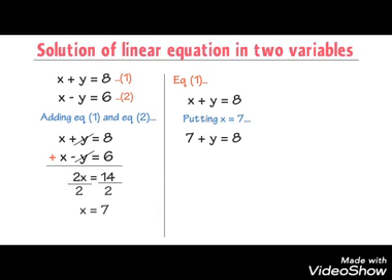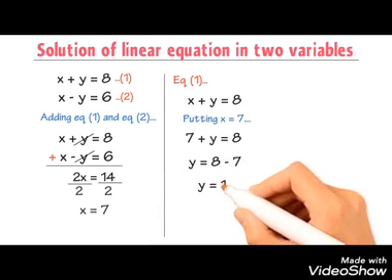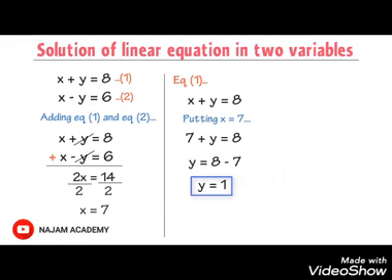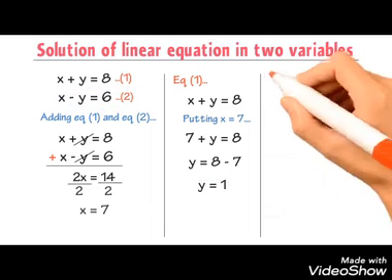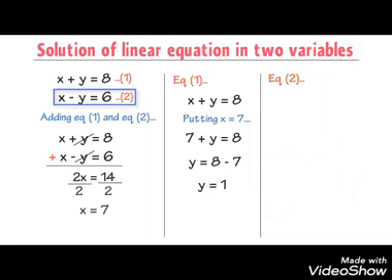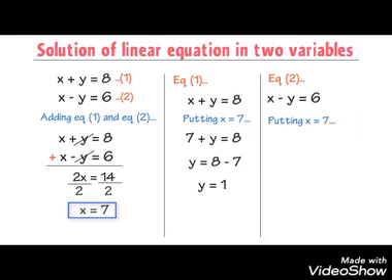Now shift plus 7 from the left hand side to the right hand side. y is equal to 8 minus 7, or y is equal to 1. So the value of y is 1 and the value of x is 7. If you put the value of x in equation number 2, it will again give you the same value of y. Let me do it. We know that equation number 2 is x minus y is equal to 6, while the value of x is equal to 7. Hence putting x is equal to 7 in equation number 2,